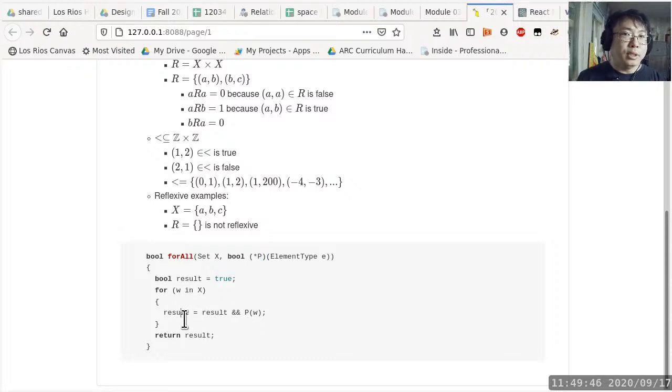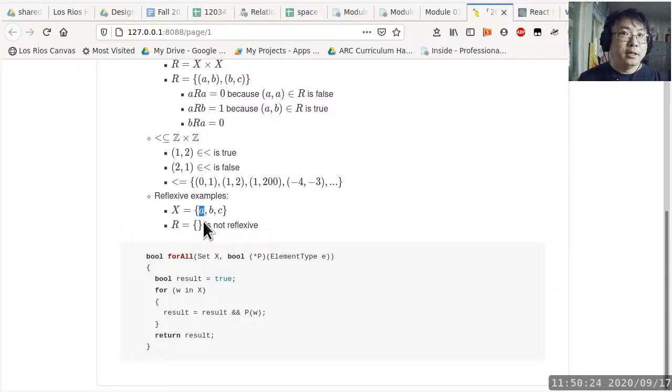So that means result is guaranteed to be false by the time we get to the return statement. Does that make sense? Does that explain why if R is an empty set, it is definitely not going to be reflexive when X is not empty? Because in the first iteration, I look at W equals A, element A, and the question is, does A relate to itself? Well, since R is empty, A is not relating to itself,